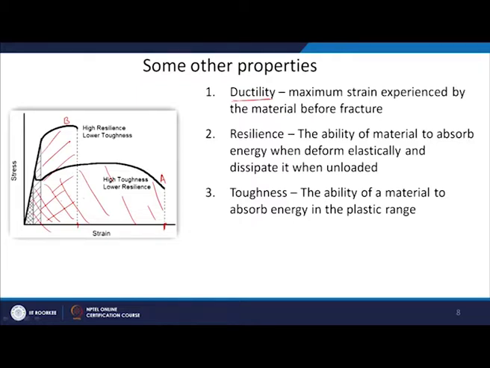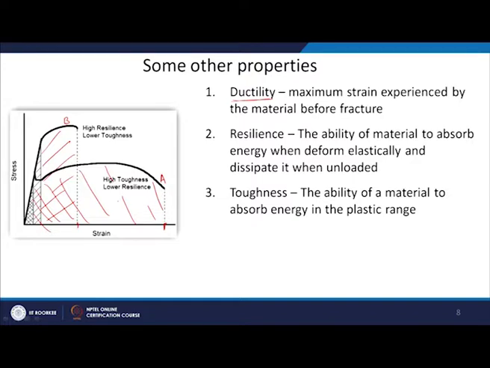Now you can see it is the area which we are comparing. In this case strength is more, but ductility is less. In this case strength is less, ductility is more. So, it depends upon the area, how much area it is covering, but in general I can say from these two curves that toughness of A is more than toughness of B. The reason is that ductility of A is also more than ductility of B. And in terms of area also, you can qualitatively say that area under this curve is more than area under this curve.